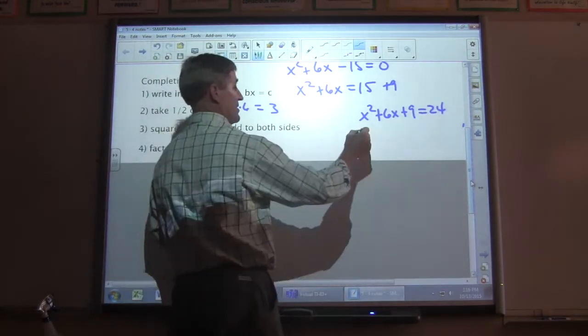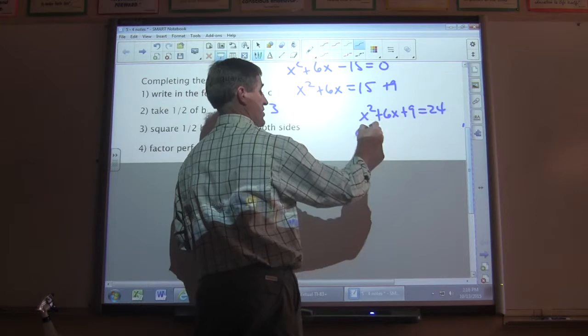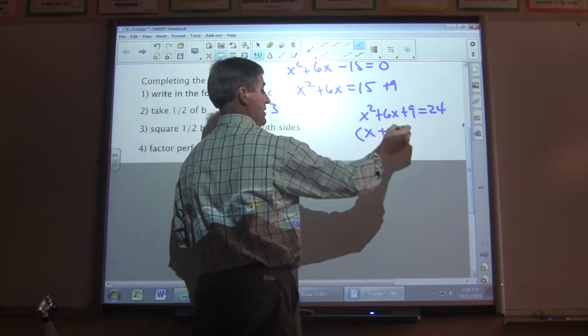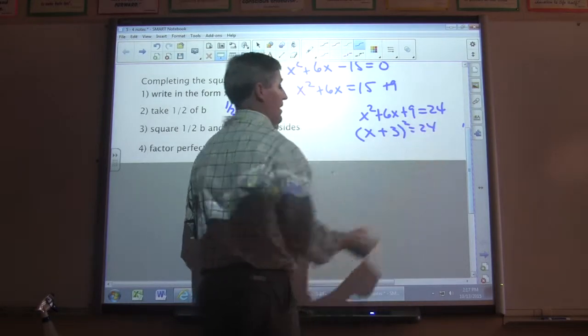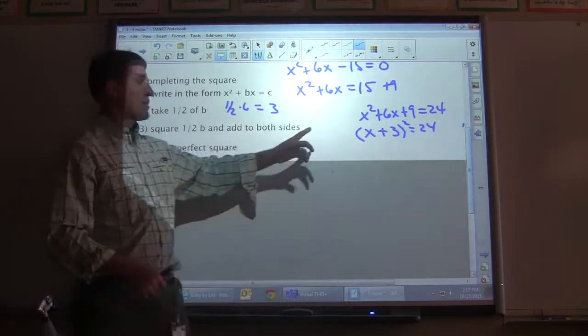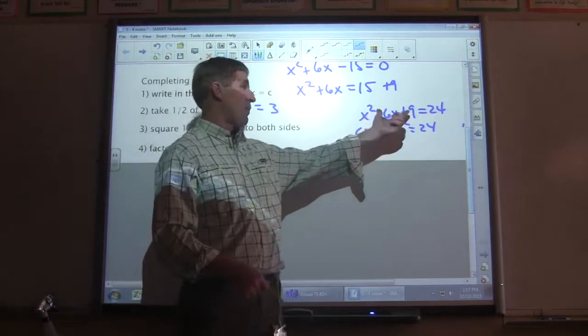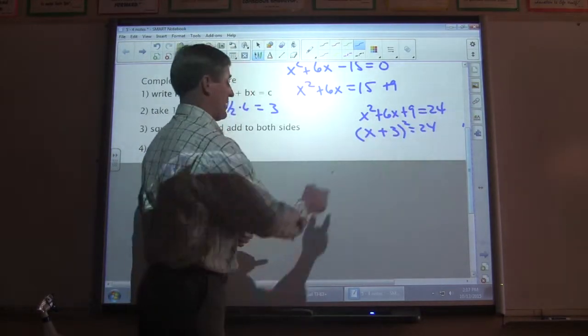We can just do this. The square root of the first, the sine of the middle, the square root of the last. And we'll always be able to do that. Now, some students have trouble understanding how we get from here to here, but if you think about this, x